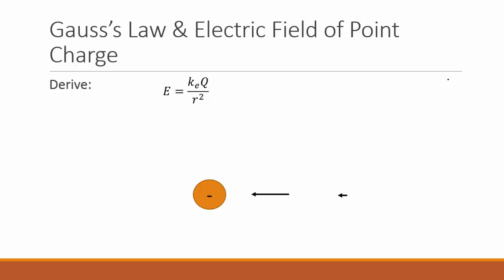In this case, we already know the answer: the electric field magnitude equals the electrostatic constant K times Q, the charge that is generating the field, divided by r squared, which is the distance between the point charge and the point of interest. Now, how do you use Gauss's law to get this? Well, let's start out by writing down Gauss's law. Gauss's law, if we recall, is that the electric flux,